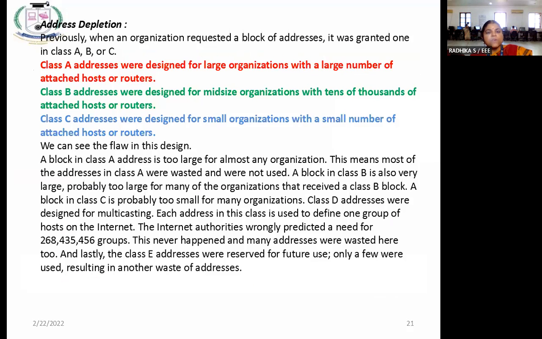The meaning is, when this IP address was formed, class A addressing was meant for larger organizations, which means if there is one single organization that has a lot of,